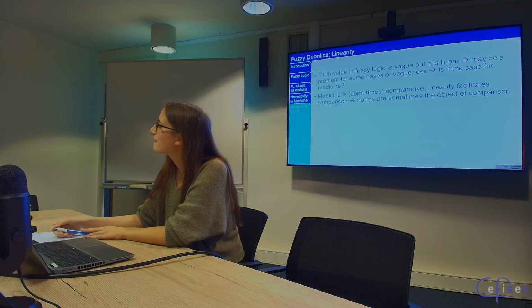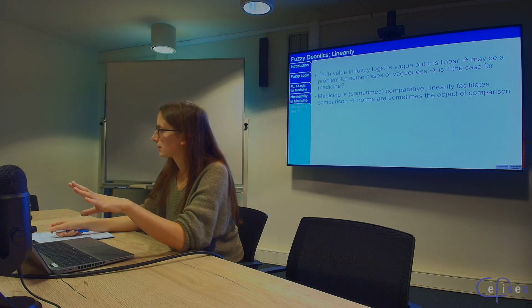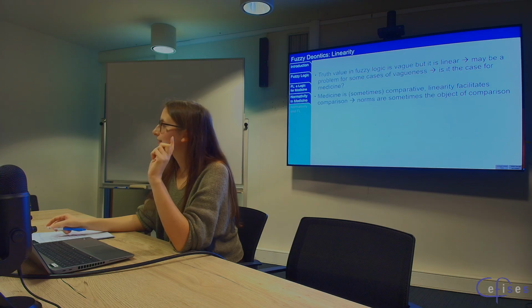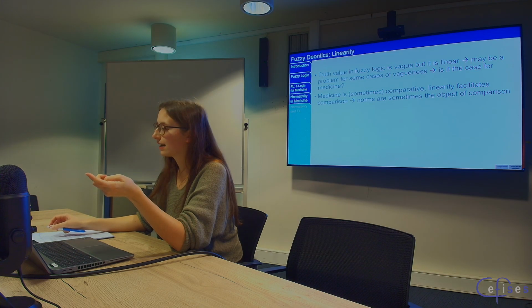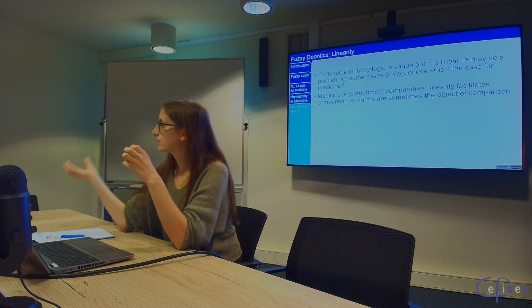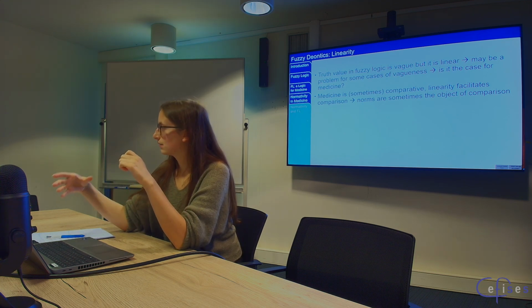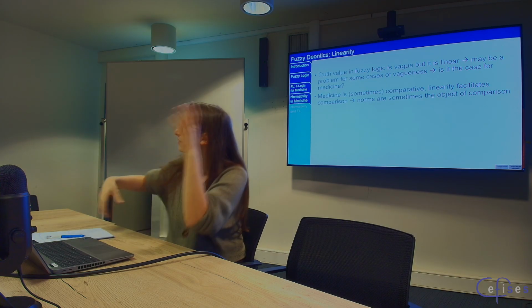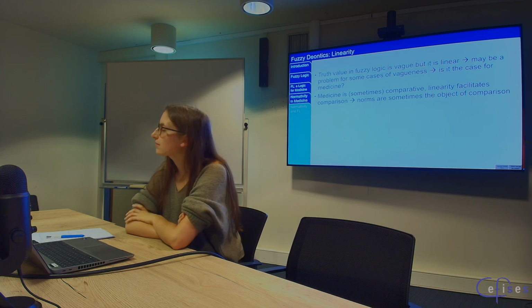Because it's a choice to have linear. Yeah, it's a choice made by fuzzy logic. Yeah. But why should we stick to it? I don't say that we should stick to it. It's just to keep fuzzy logic. I state that fuzzy logic has this property, and this property could be useful to make comparison. Okay. It's not necessary, but it's easier to compare something if it's on the same spectrum. But easier for who? For us? For a machine?